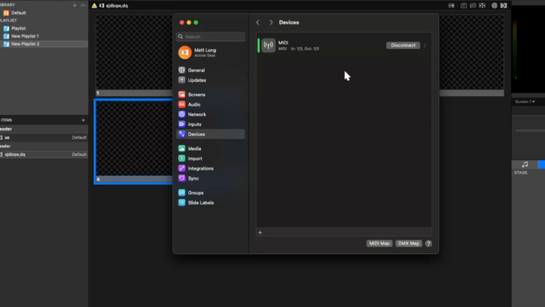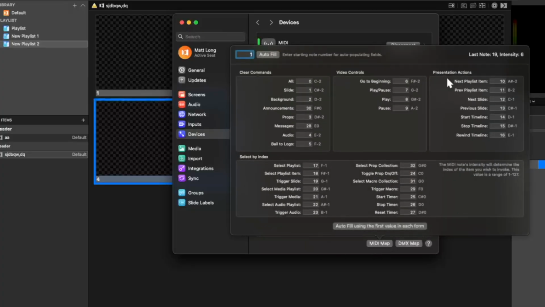Now, if we go back to our MIDI map, there's obviously a lot more cues that you can do here. If you wanted to do a clear command, you could do a clear command. It's really up to you what you want to experiment with next. Those 3 commands are really all you need for a Sunday morning to control your slides, but it's really built on how your church is set up and what you want to do with it. But yeah, this is the basis of how to use Ableton and ProPresenter through MIDI to automate your